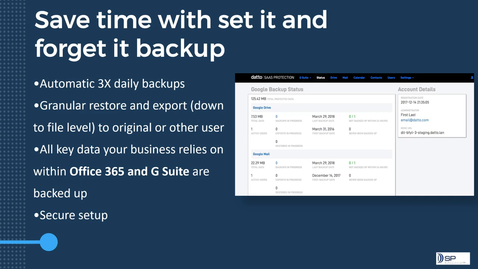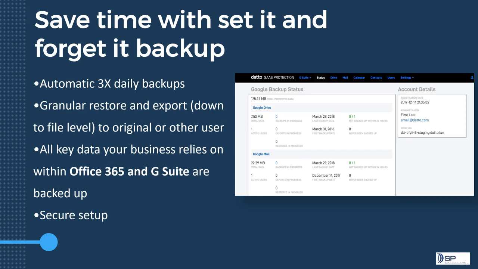The key is that it's secure and it is 100% away from the Office 365 environment, and that is relatively important in that you've got diversity around where that data is stored. Now, this type of product backs up email, and in the example of Office 365, OneDrive, SharePoint, and Teams.